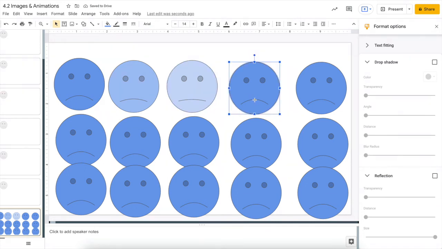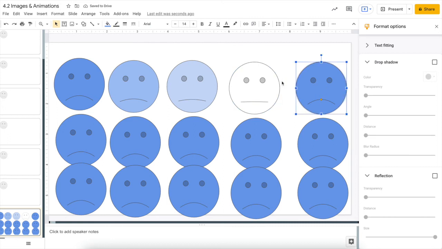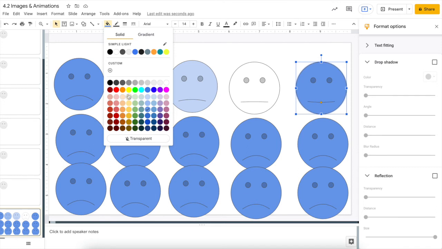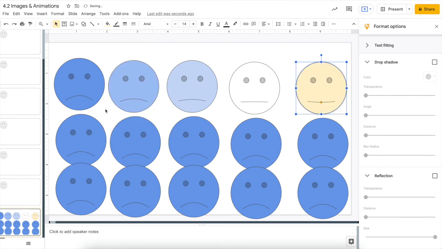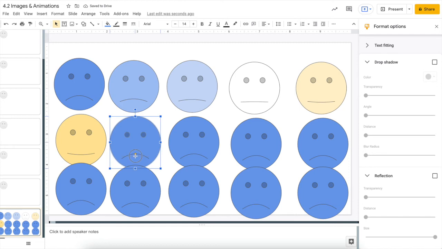In the next one, I'm going to make him kind of even, and I'll make him just kind of white there. And then in this one, I'll make him ever so slightly smiley, and we'll go ahead and say that that's like a light yellow there. All right, a little bit happier still, and we'll make that a little bit more yellow. And then we'll say this one, he is a little happier still, and we'll make him a little more happy colored, and a little bit more,